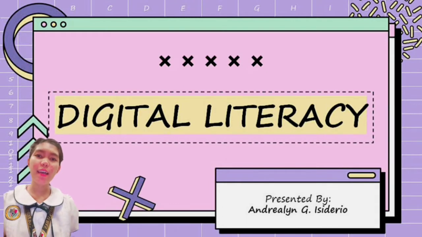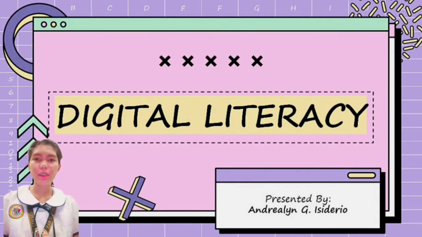I'm here to discuss digital literacy. Let us first define literacy. Literacy is simply the ability to read, write, and understand the text. This is just the same with digital literacy. The only difference is the text is not printed text. It's in digital format. It is not just all about understanding the message of the text but also understanding the